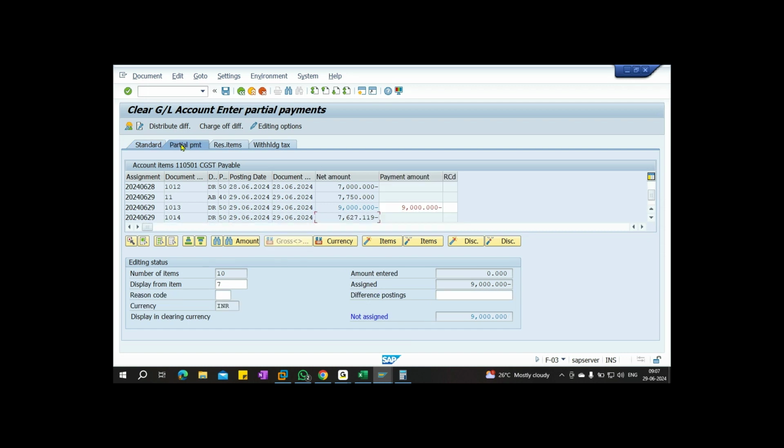Again, go to partial payment. Actually, the line item 1,250 should show. So still the line item shows 1,250. Just a moment, guys.